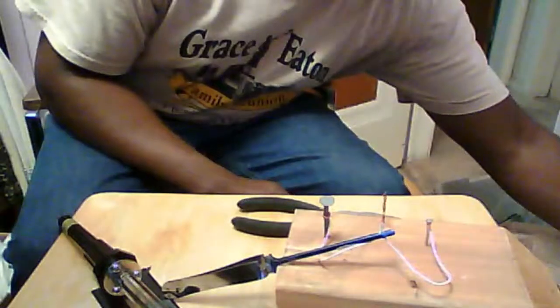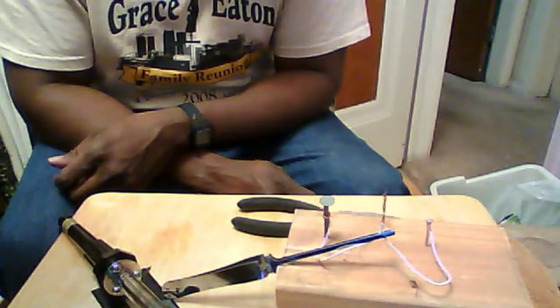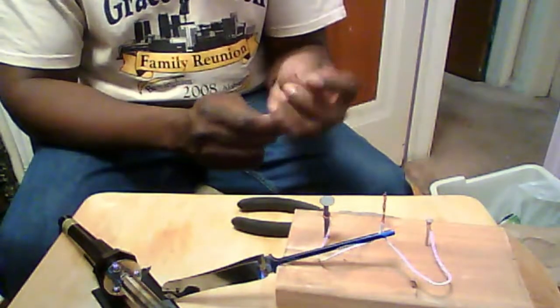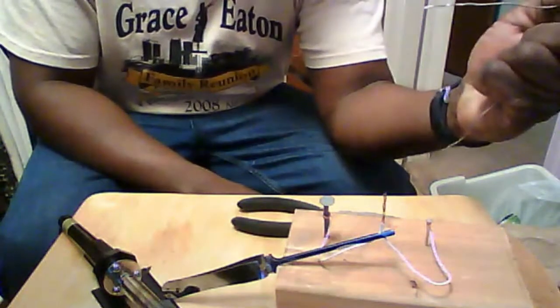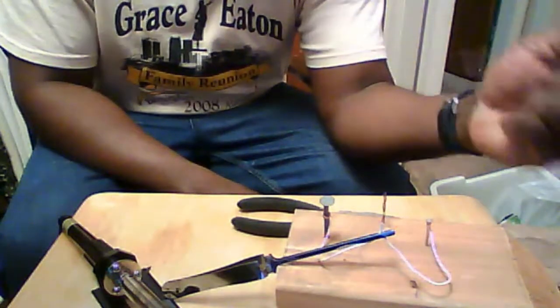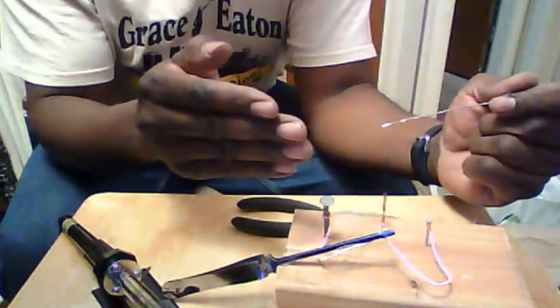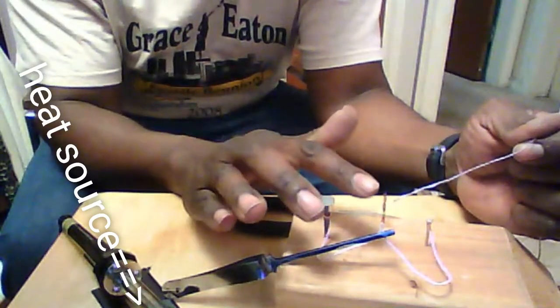I'm going to plug that in, and it's going to take a little bit of time to heat up. And what's going to happen is you take your solder, you hold your solder, you're right-handed, right? Yes. With your left hand, and then you're going to put your heat source. This is going to be the heat source. You're going to put that behind